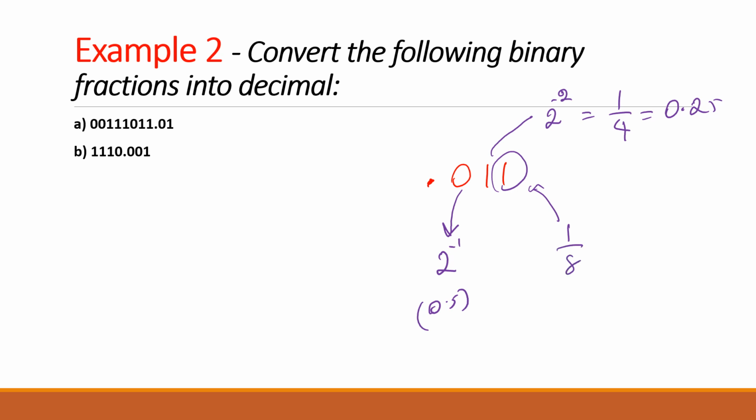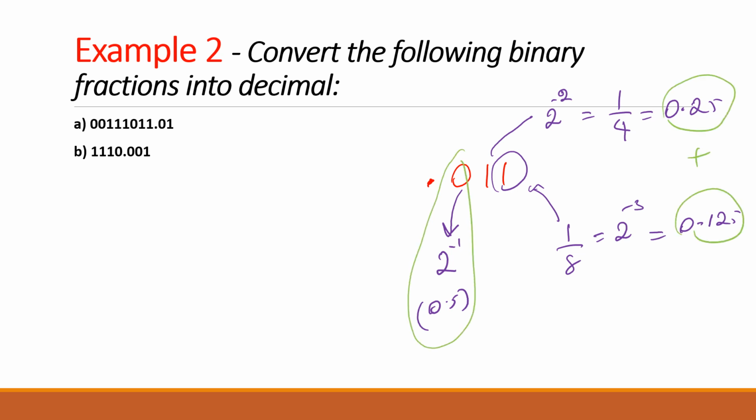1 over 8. 2 to the negative 3 means 1 over 8, because this is 2 to the negative 3, and that equals 0.125. Make sense? So you do the same procedure. You consider the place value after the binary dot, and you add them together. In this case, this is 0, so you don't need to add it. But you have this plus this, because you have 1 and 1 for those two place values, isn't it? So when you add these together, that will be